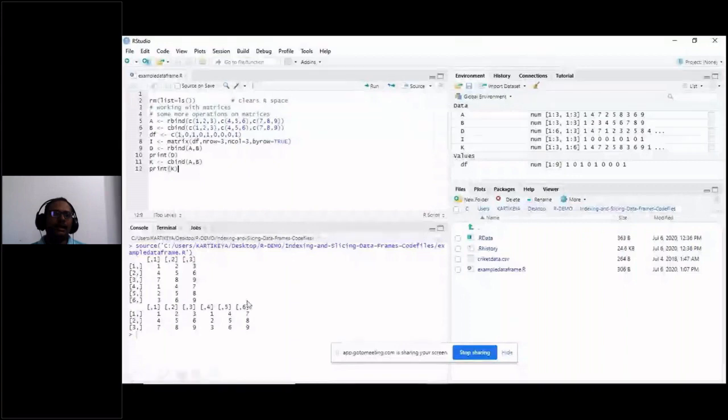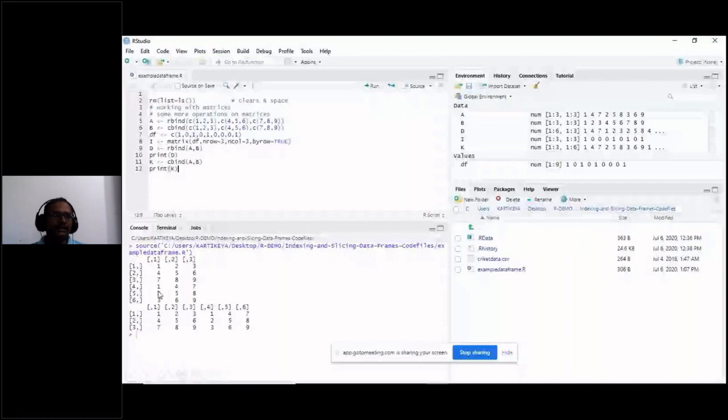So suppose A is, this is the value we are displaying, 1, 2, 3, 4, 5, 6, 7, 8, 9. So the first A matrix is created by concatenating the vectors row wise, and B is created by concatenating vectors column wise. So the matrix B is like this: 147, 258, 369.